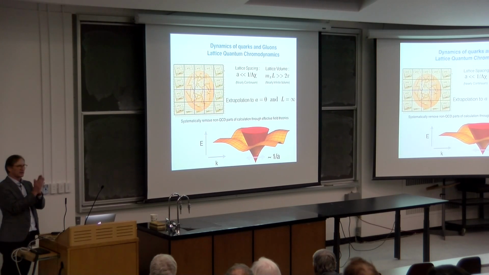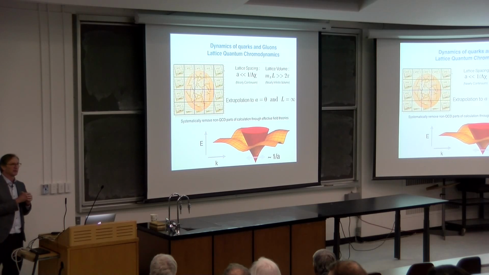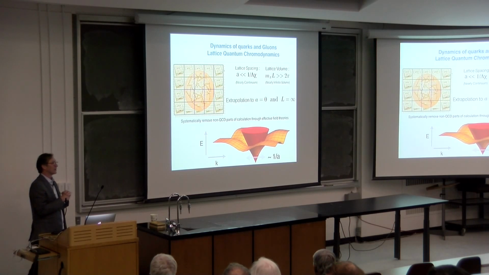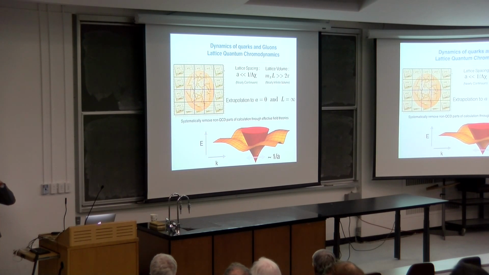And as long as the discretization of space-time is on a scale that's much finer than the scale of the physics you're interested in, the errors that you make in doing that discretization are small and can be systematically removed. Similarly, as long as the volume is large compared to the physics that you're interested in, then